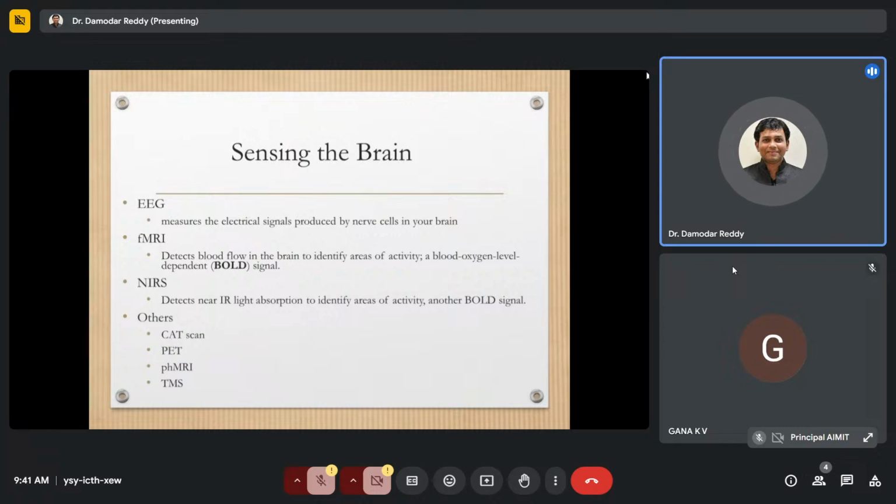Now, even an MRI machine is also a kind of human computer interactive system or a brain computer interface model, because I record some brain images, and when these magnetic resonance images are captured, of course there is a lot of noise involved, and subject to the type of interaction, the type of output data you're going to record, and the challenges in the data can be different. Similarly, we have fMRI, functional magnetic resonance images, NIRS, CAT scan, PET, PHFMRI, MRI, TMS, transcranial magnetic stimulation. A lot of other data sets are available here in connection with human brain related activity.